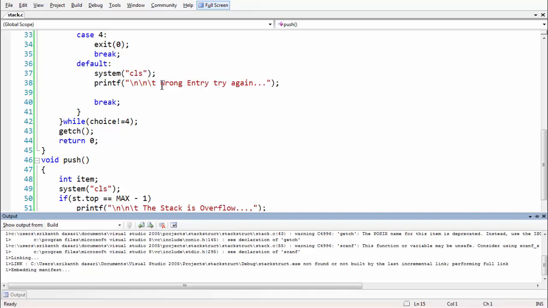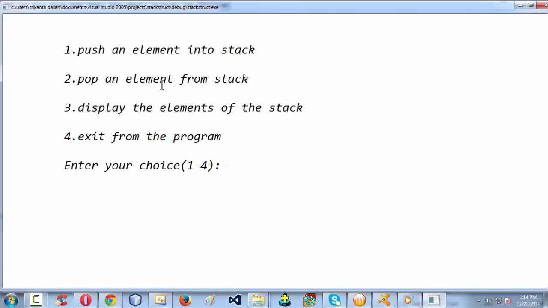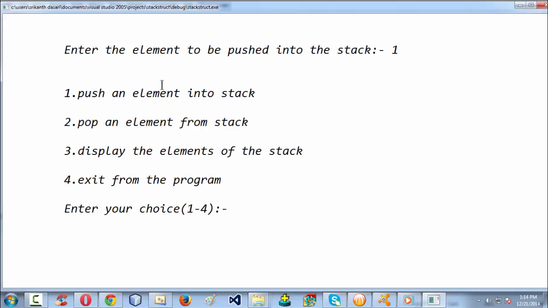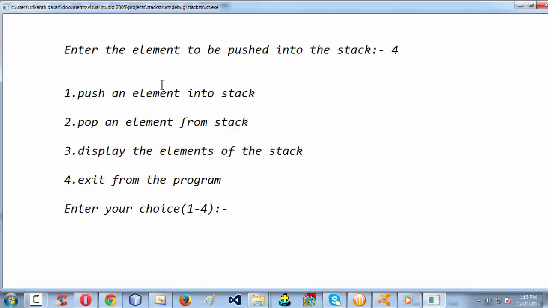Okay, so it gives you a menu. Here we are with the whole menu. If you select the first operation, it asks you to enter an element to push into the stack. If you say 1, it takes the element, and if you take the first choice once again and keep on entering elements, say 5 elements like this,